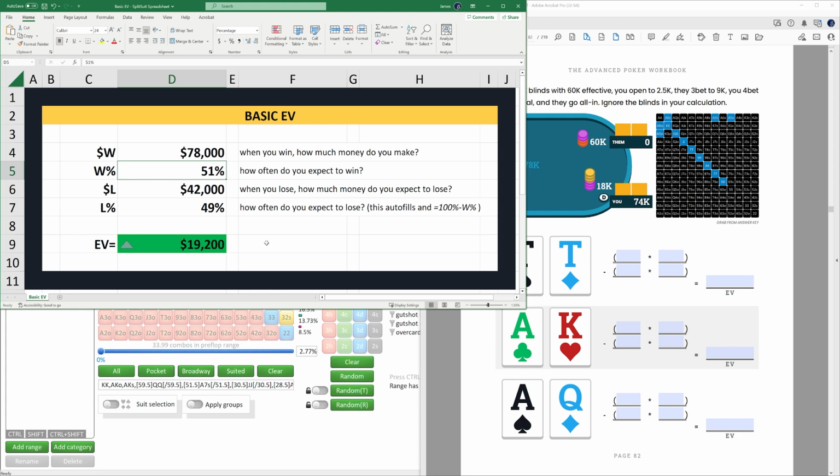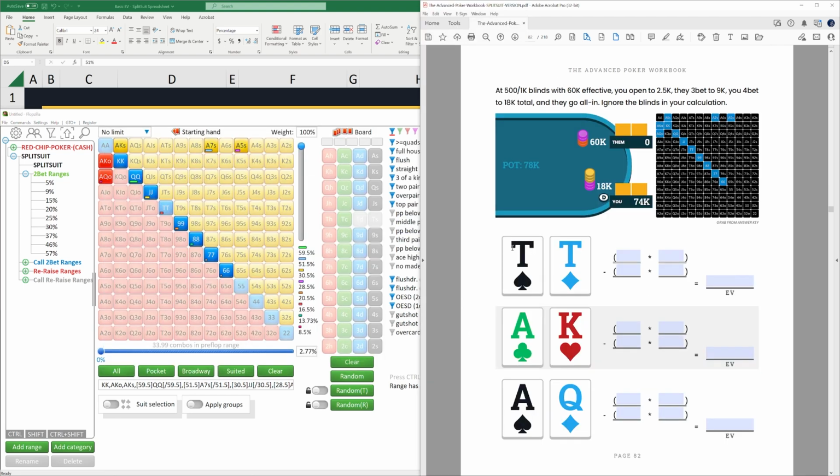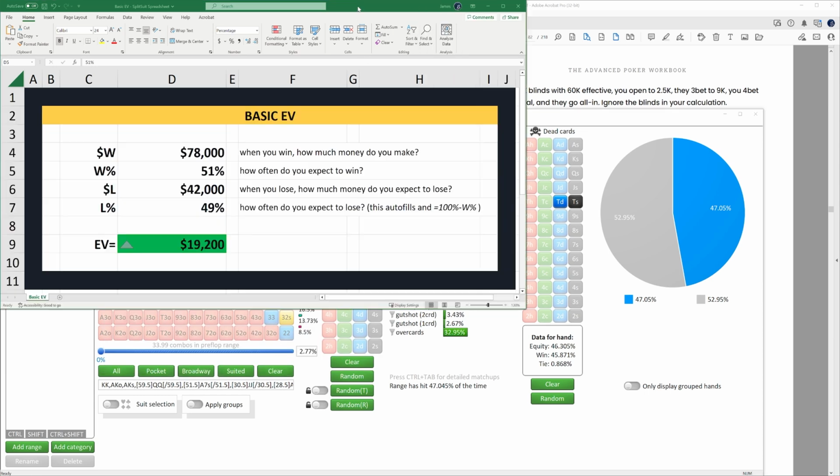To get this, we can use a basic tool like Flopzilla Pro, plug in our opponent's range, which is taken directly from the answer key, put in our hole cards, right? 10 of spades, 10 of diamonds. Perfect. And we can see right down below our equity for our pocket 10s is 46.3. Just round that to 46 just to make things a little bit easier. Pop that in there, and you see the EV is positive to the tune of